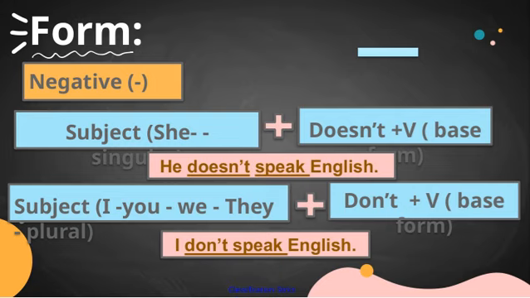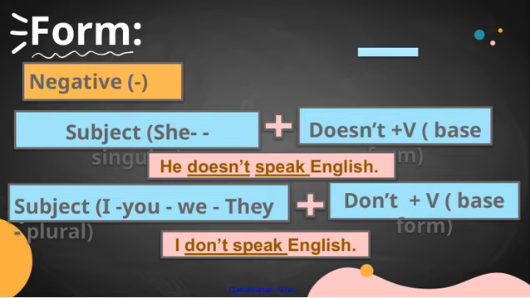Now, what about singular subjects like she, he, or it? For those, we use does plus the base form of the verb. So, for example, she doesn't speak English, he doesn't speak English, and it doesn't speak English. Notice that with she, he, or it, we add an apostrophe and s to does. That's the contraction doesn't. The overall idea is that don't and doesn't help us make negative statements, and they are followed by the base form of the verb,